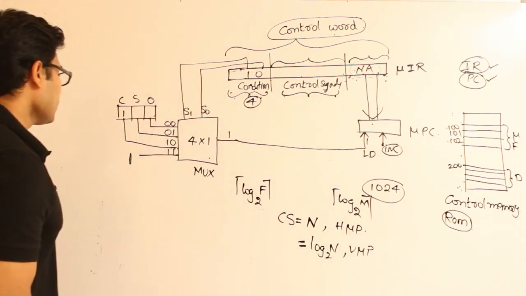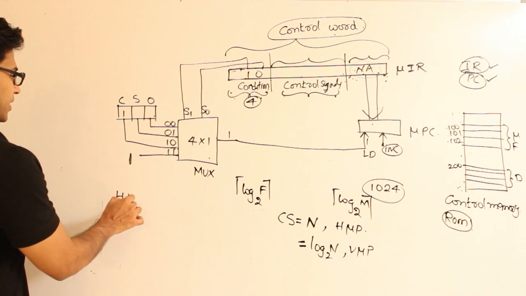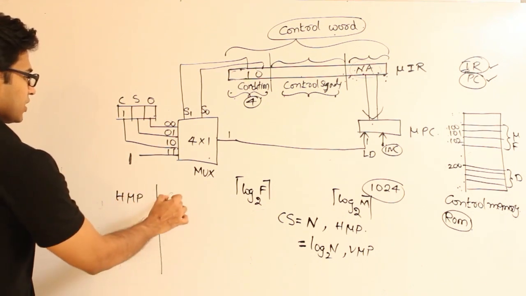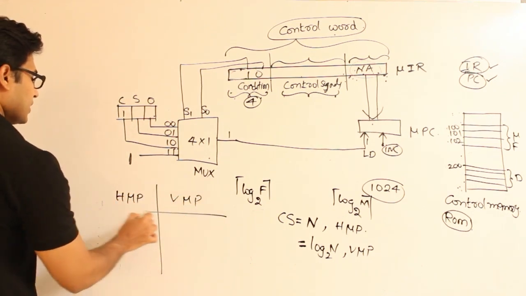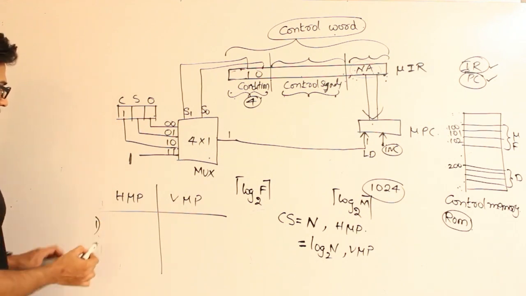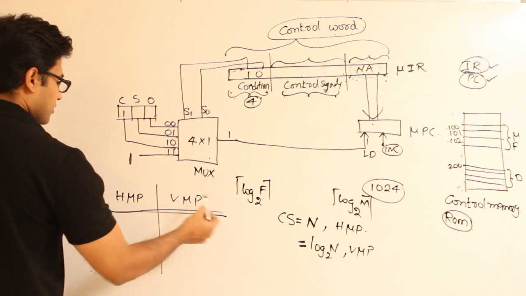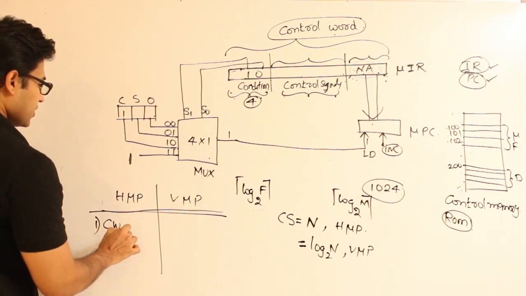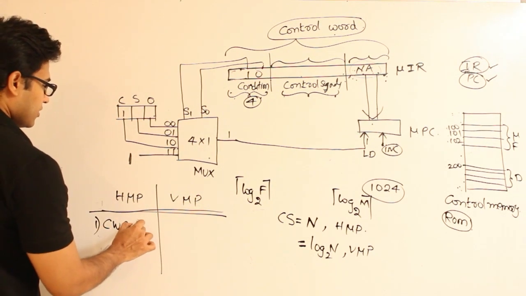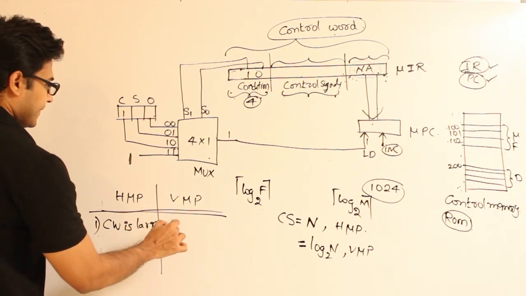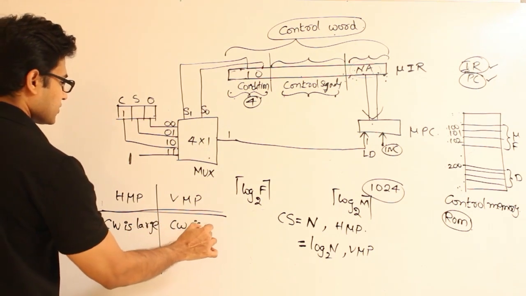So now if you see what is the difference between horizontal and vertical microprogramming, one difference is clear. What is it? Control word size. Here the size of the control word is large. Here the control word is small,